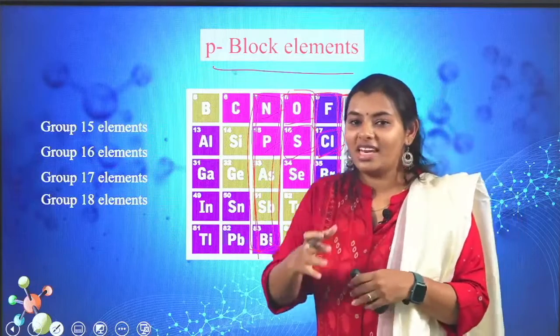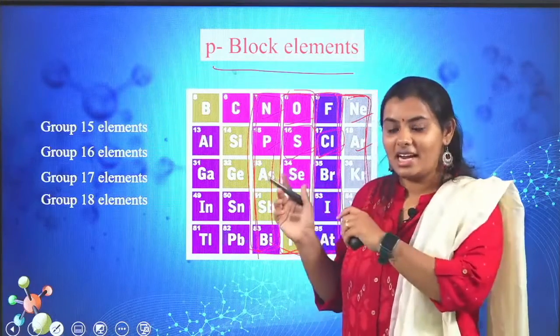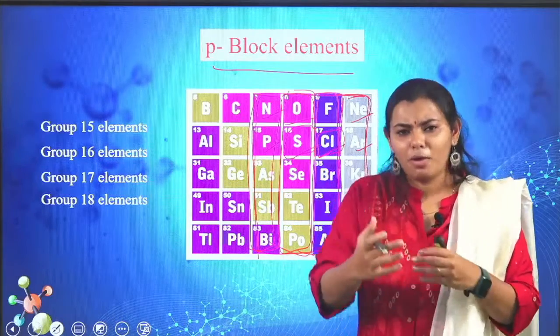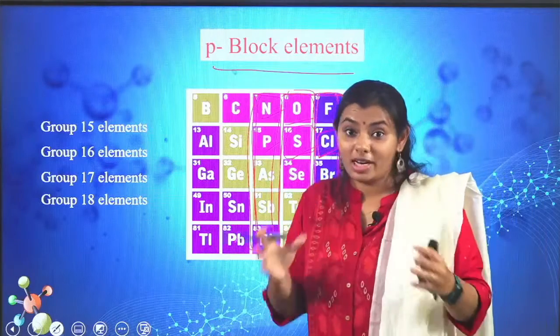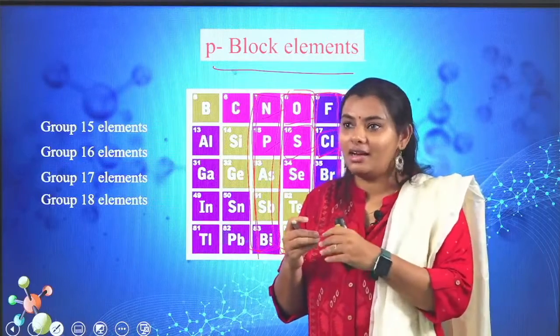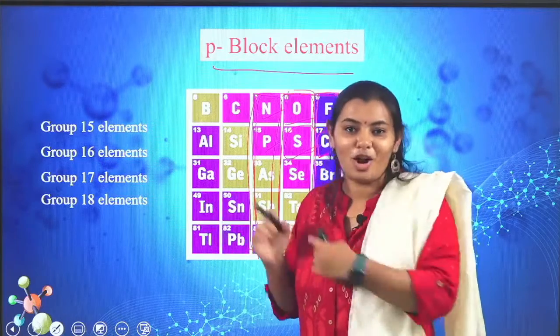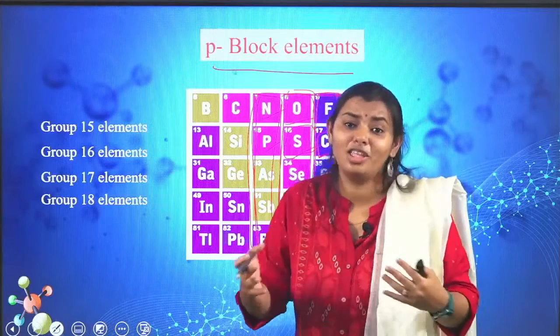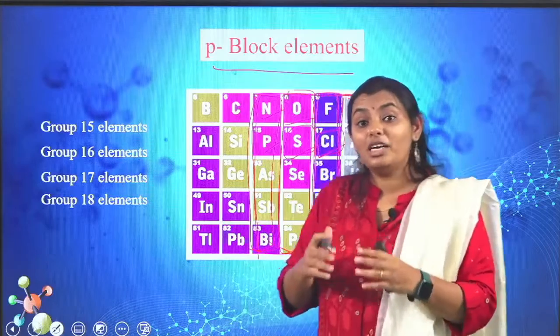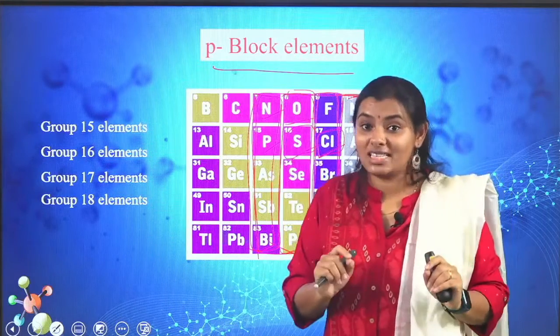What are the various trends that they follow? What are the physical properties? All of these we will study in the P block elements. In P block elements, usually when it comes to inorganic chemistry, there are a lot of trends, right? We cannot remember about one element only. This is why the periodic table is prepared and the elements are arranged. But you have to remember one thing: in these you always have to look for exceptional cases.